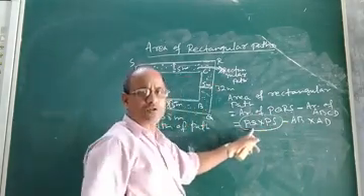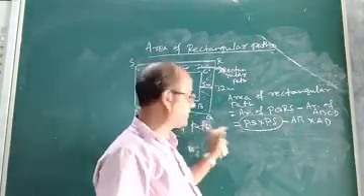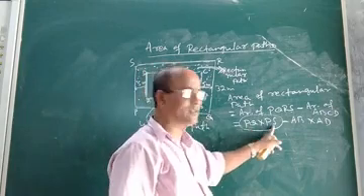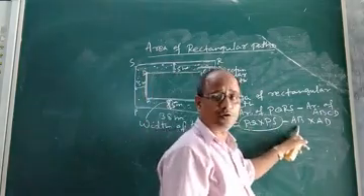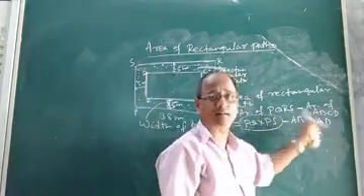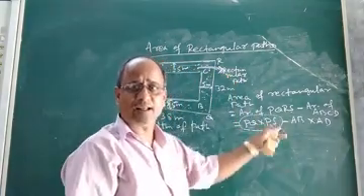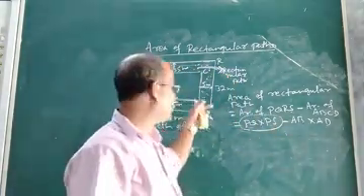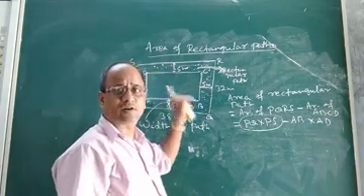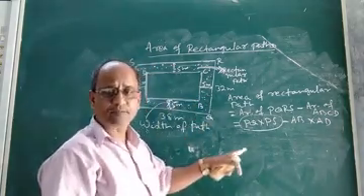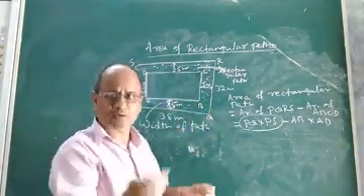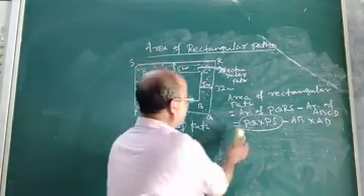Now we know these two dimensions, it is given in the question. We know what is the value of PQ and what is the value of PS, but we do not know what is the inner length AB and what is the inner breadth AD. That is the inner length and breadth of the inner rectangle. It is not known to us. So we have to find the inner length and inner breadth. Now see how to find them.